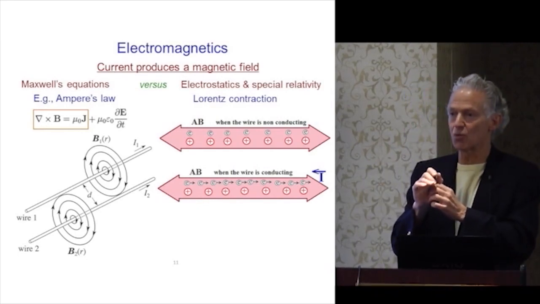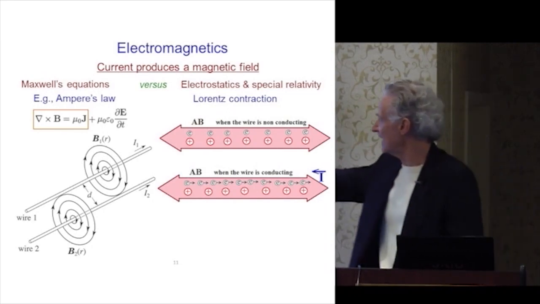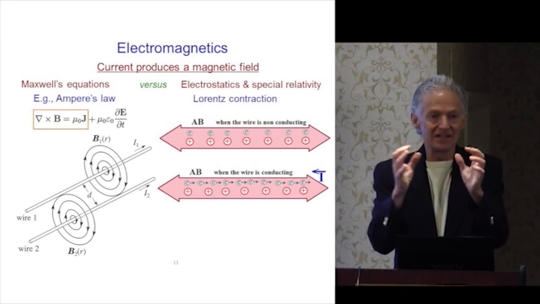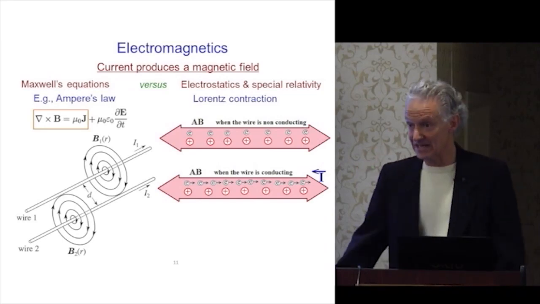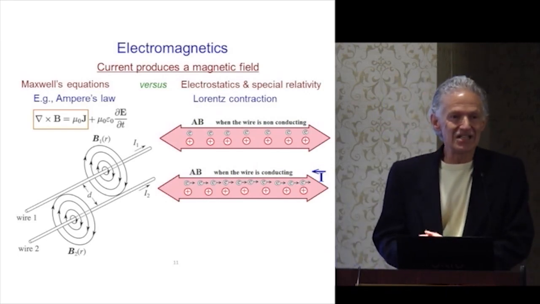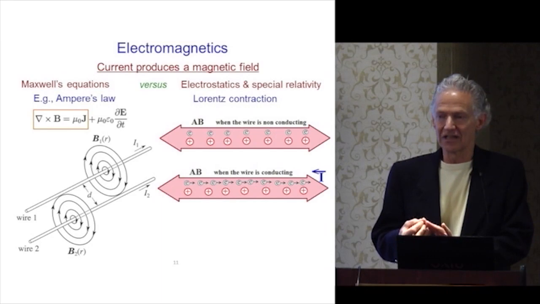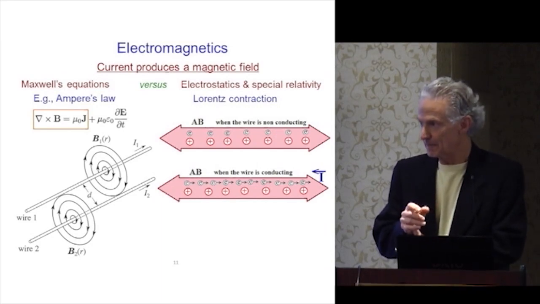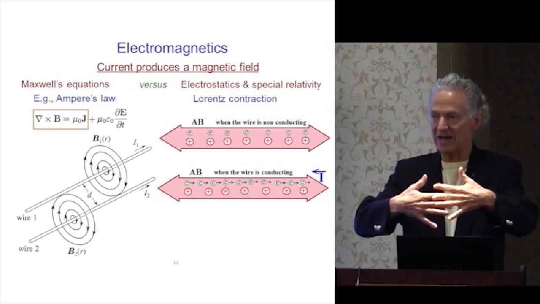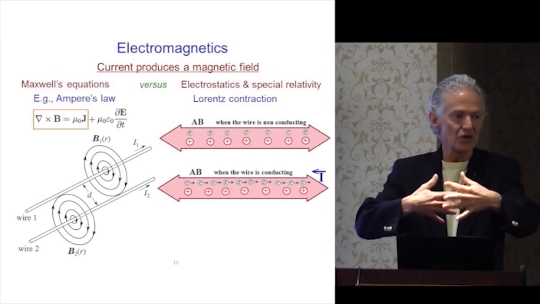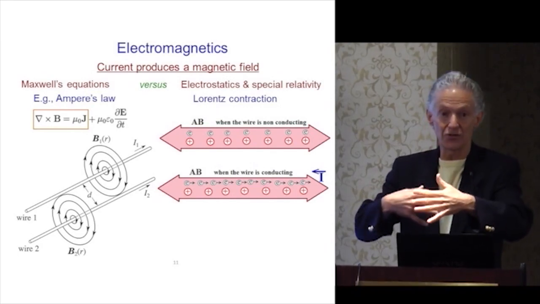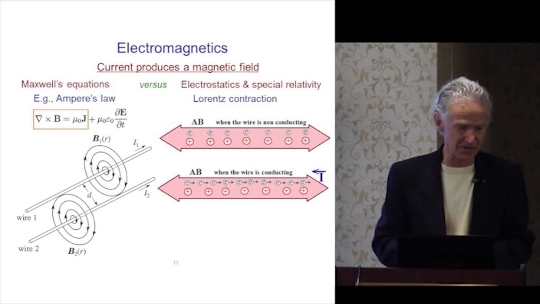And so if you look at this wire while the electrons are moving, it appears that the electrons are in higher density because the electrons and the space between them has contracted. And so the wire becomes not electrically neutral if you're looking at it the right way. Then if you have another wire that's adjacent to it that's also passing a current, those 2 wires will appear to each other to be non-neutral, and so there can either be repulsion or contraction due to special relativity.